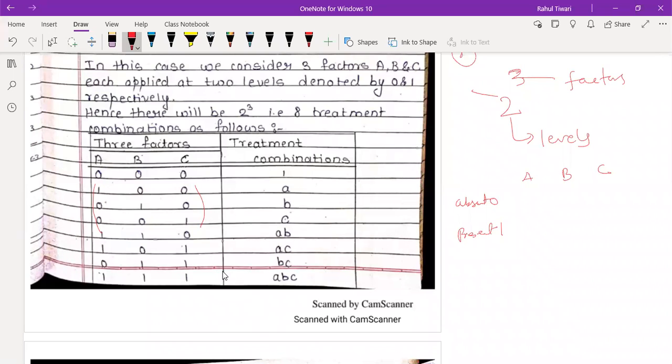Now we can take two factors present. So 1, 1, that means AB present, so AB comes in the picture. Then AC, then BC, and finally the last one, ABC. So this is the way we can always get the 8 treatments, which is usually called a 2 raised to 3 factorial experiment. Okay. So this is the way you can always get the combination. Don't get confused between the combinations, and the very important thing: keep this sequence properly. I'm telling you again.